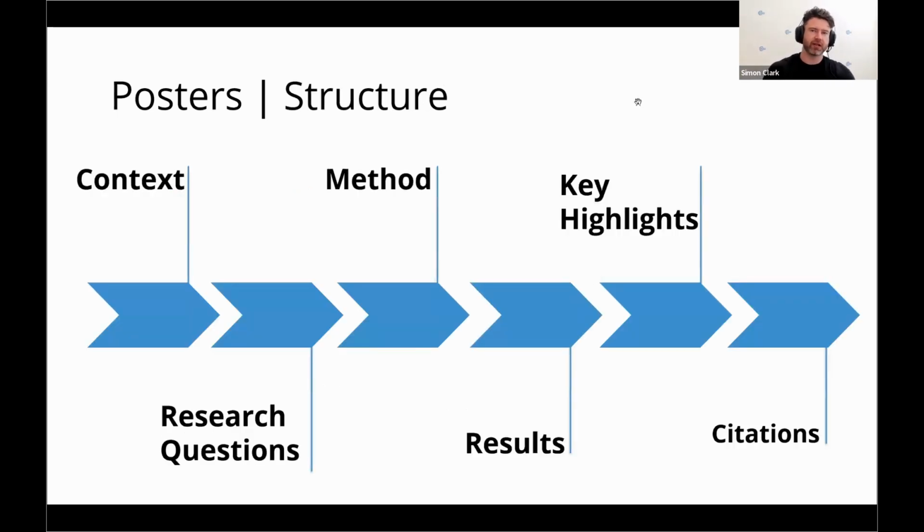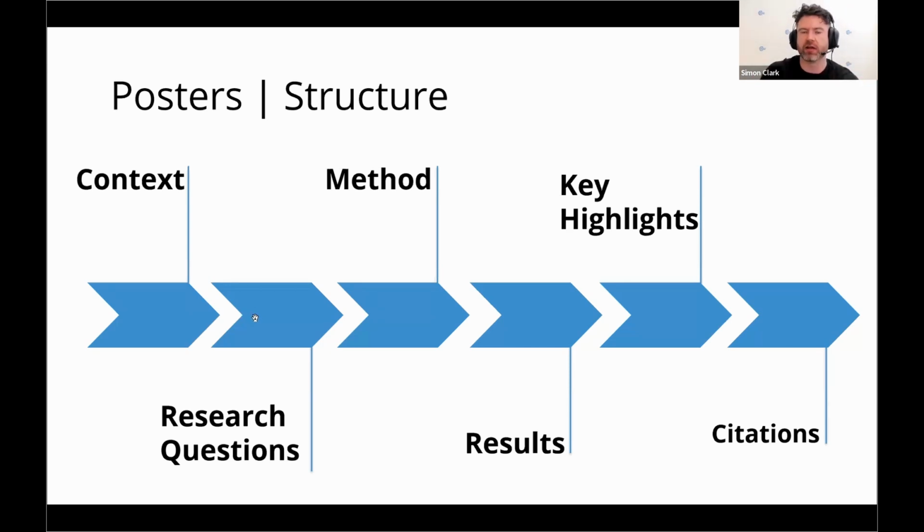But how should you structure a poster? A lot of posters follow this, but I will say that poster structures have a lot more fluidity compared to a lot of other presentation styles, I think. But I'll just go through this one first. The first stage is context. Again, it's the background, the current events, the environmental context, the research context. What are you addressing? What are you building from? This is your foundation. Then research questions, one to three bullet points, just saying what the problems are,